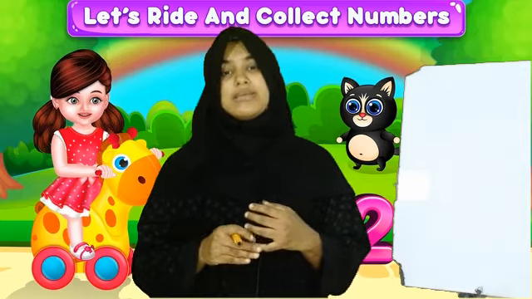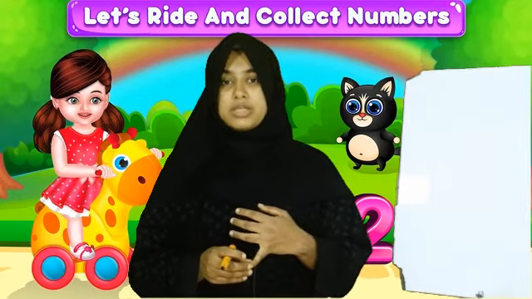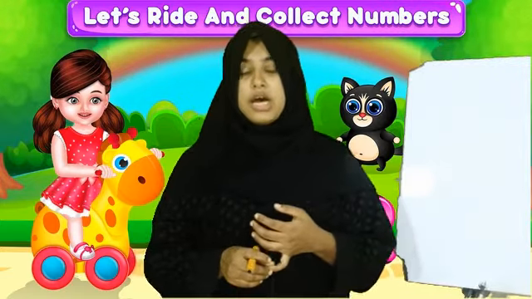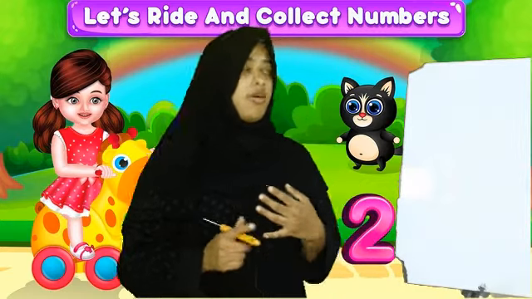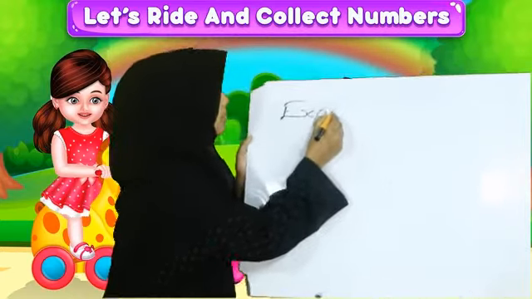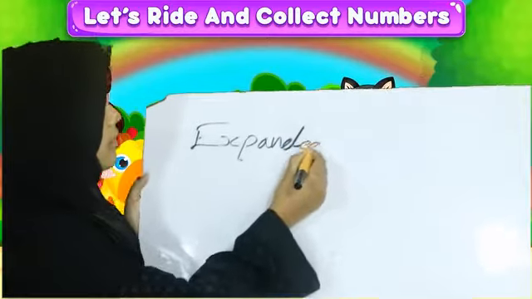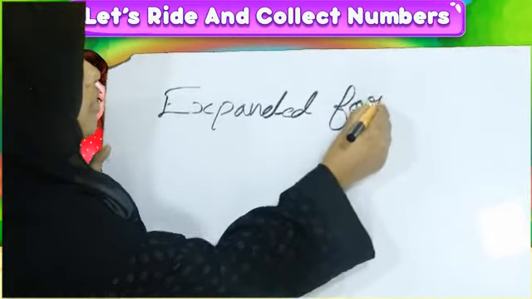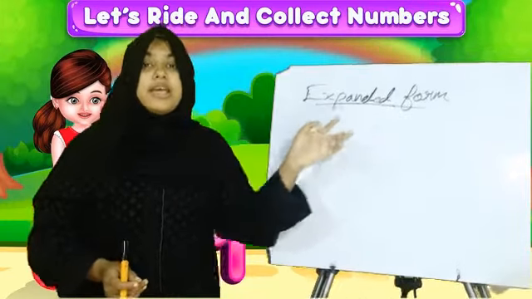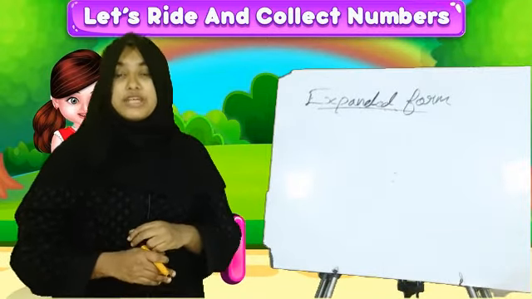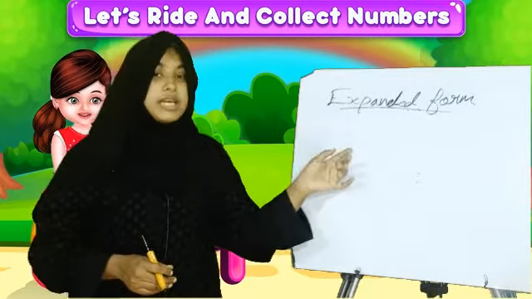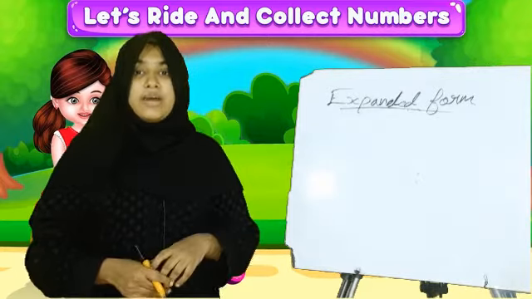Today in our class we will take expanded forms. Expanded form of numbers in 2 digits and 3 digits, we will explain how we can do it, and what is expanded form. What is expanded form? E X P A N D E D F O R M. Expanded form means writing a number as the addition of the place values of its digits. We want to study 2-digit and 3-digit expanded form here.